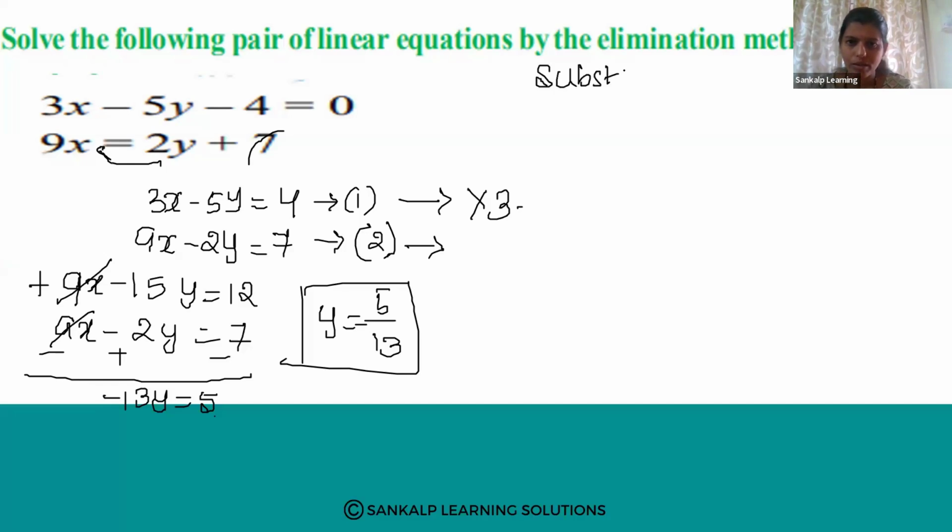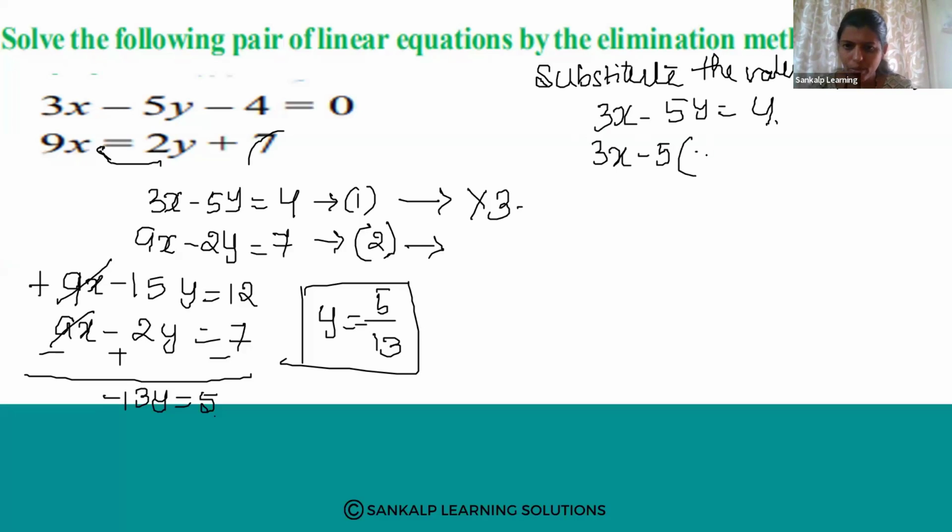Substitute the value of y in equation number 1, right? So equation 1 is 3x minus 5y is equal to 4. 3 into x minus 5 into y value is minus 13 divided by